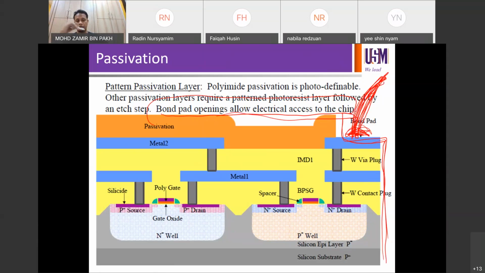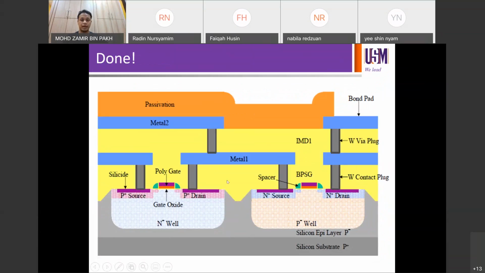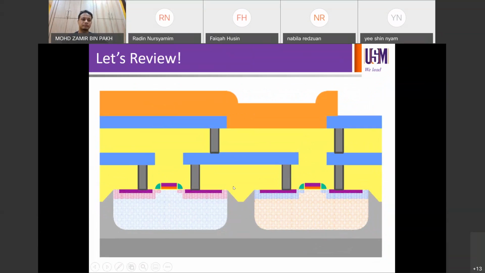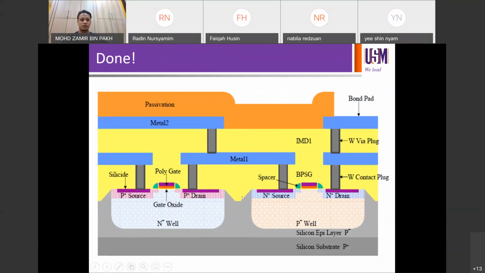You can check back end semiconductor companies, they do all the bond pad interconnection and stuff, right? So next, done. Can you recall? So bond pad done. In reality, okay, let me tell you a few things. In reality, we have metal 5, metal 6, then top metal. So if, for example, you talk about